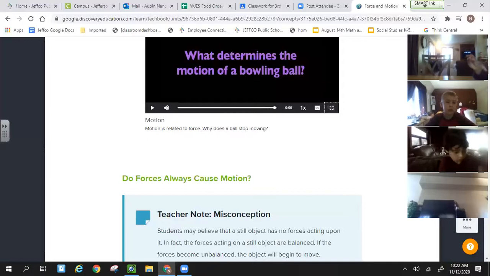Marin says if you push on a wall, guess what? It's not going anywhere. Josh, you could push on the school, and it's kind of like a cement brick wall. You're probably not going to make it go anywhere, right? All right. Good. You guys have so much schema. I'm so impressed.